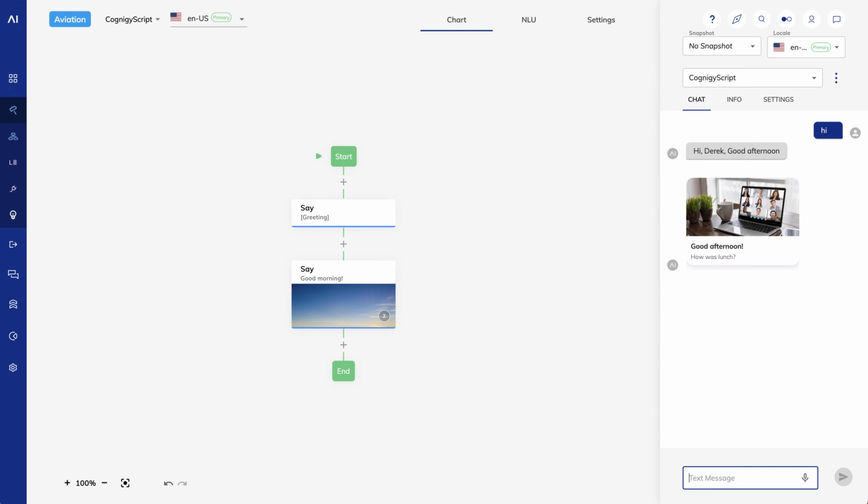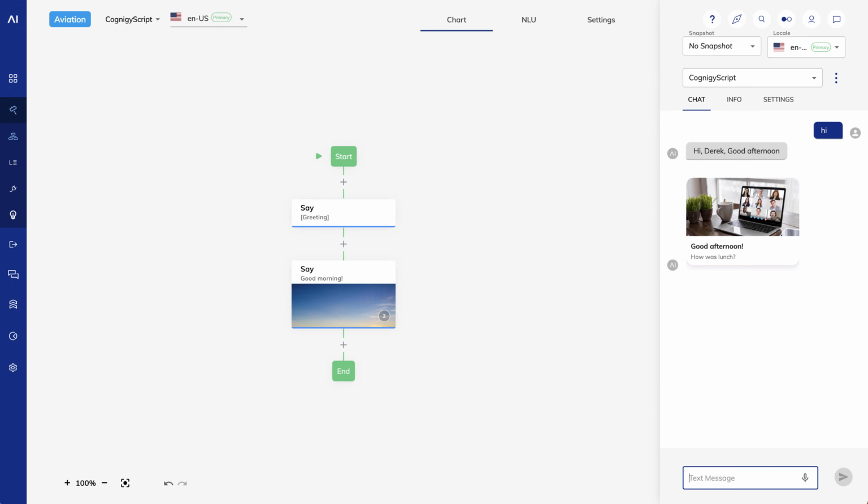Let's make a token for our flow developers that lets them add this logic to a flow. If there is a slot match for the item the user wants to pack, we'll output a message like we did in the previous session. If there isn't a slot match, we'll output a message asking the user what they want to pack. The catch is that this message might change over time. In the summer, we might give users ideas for items like sunglasses and sandals, and in the winter, we might ask users to think about packing skis and gloves.